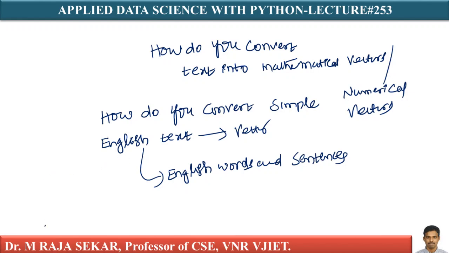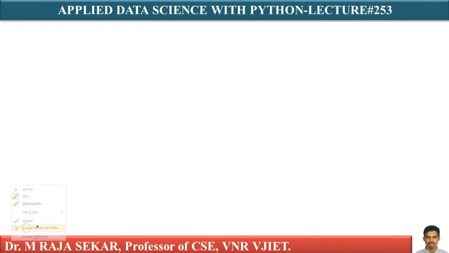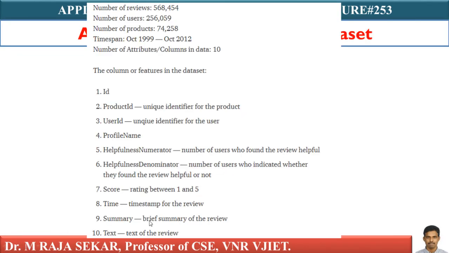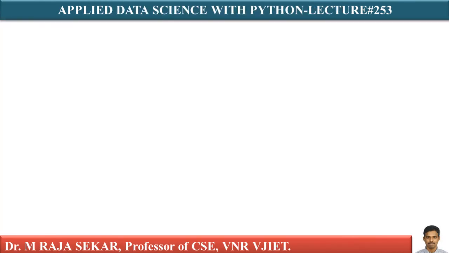Imagine my review text. This is my review text of the review. Text is actually text of the words, isn't it? If somehow I convert this review text into a vector, a d-dimensional vector,